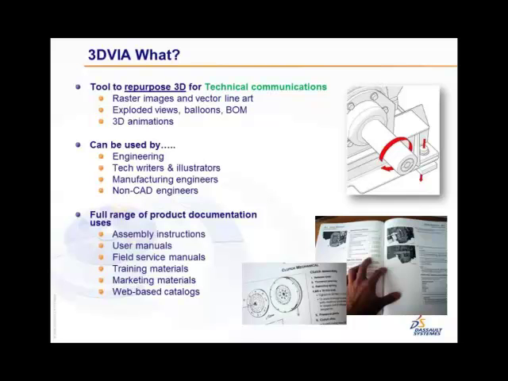Really what 3D via will help with is to focus on that technical communications part, or technical publications part of it. And it's a general term that we use because it has so many different areas in the company that it can apply to. A lot of folks are using this for work or assembly instructions, training materials, or even online parts ordering and things of that nature. So you're going to get an opportunity to see some of those things as we advance a little bit further